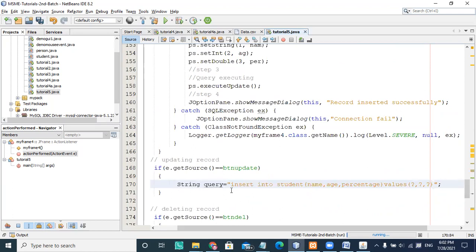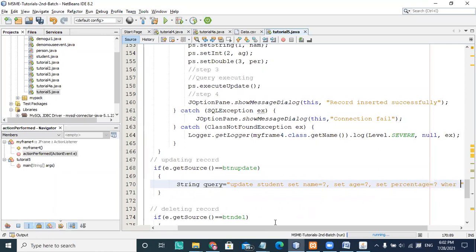If I simply write update student, you are going to use the set command here: set name equal to question mark, set age equal to question mark, and set percentage equal to question mark.